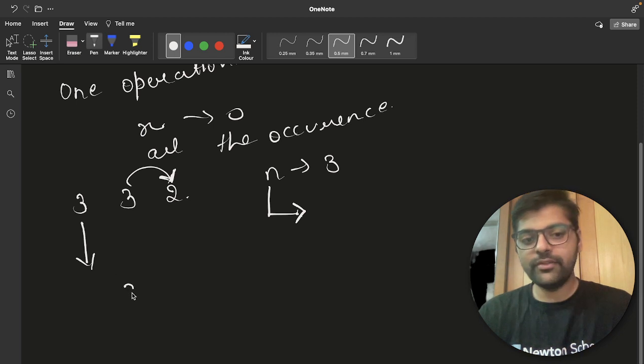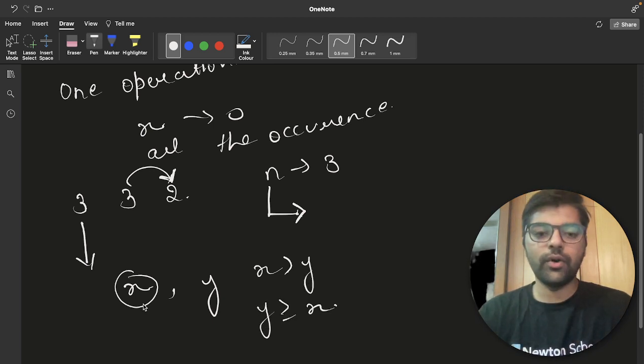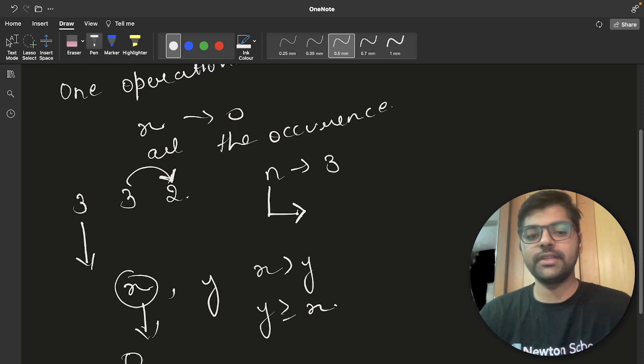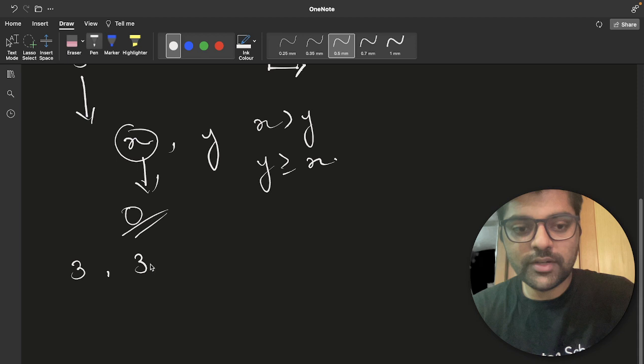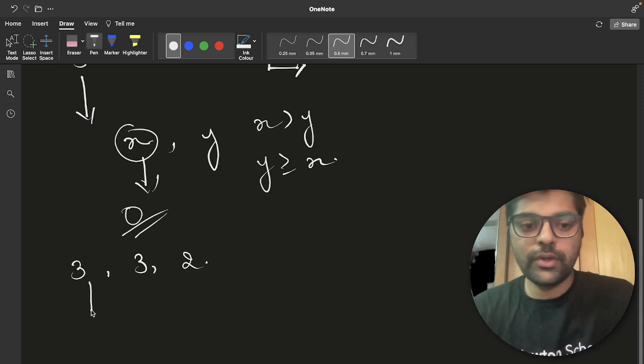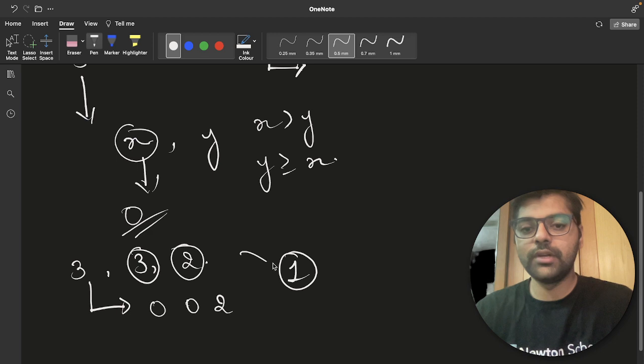So let's say we have x and y in this order, and x is greater than y, and what we want is y greater than or equal to x. Then we have only one option, make x as 0, right? So in this case 3, 3, 2, we'll have to forcibly make 3 as 0. So 0, 0 and 2. So the number of operations will become 1.